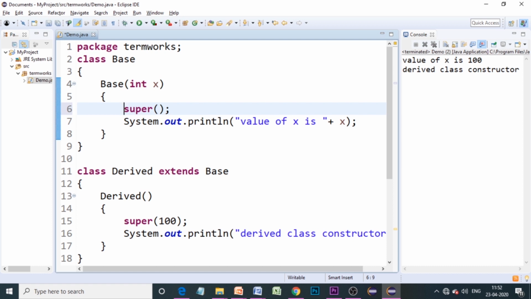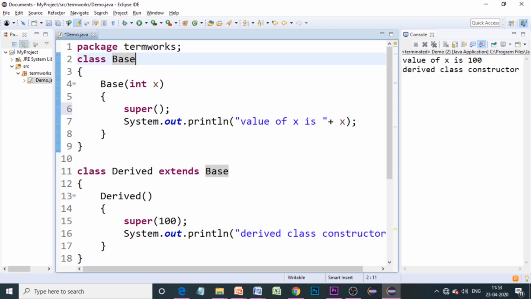It is of no use, because when you write super, there should be some super class present for this class. See, base itself is a super class in this scenario, in this example. So there is no parent class of this. If there was any parent class of this, then it would have accessed that class's constructor or a method or whatever.